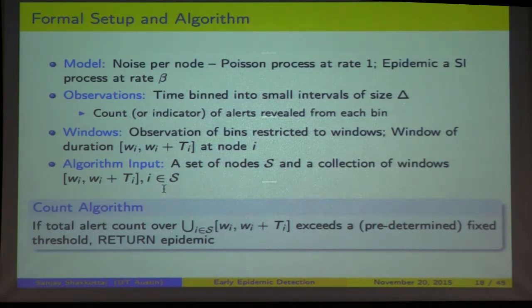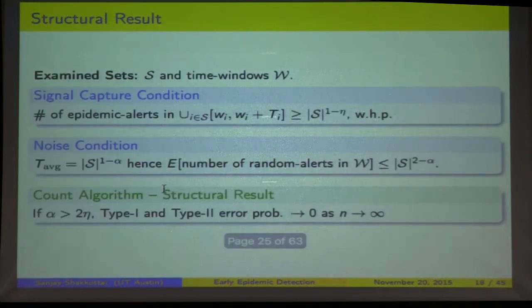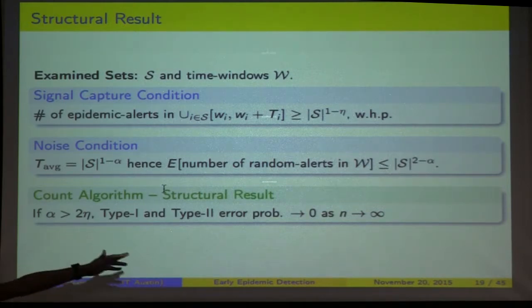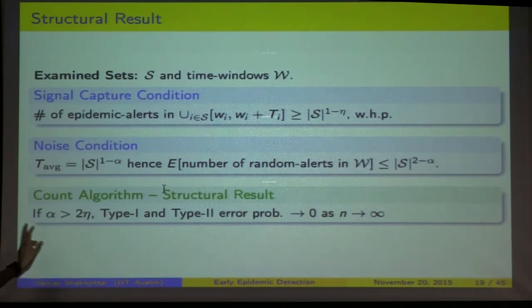But then don't you lose some power? Absolutely, you lose power. That's what you've been arguing. Let me tell you, I think this is what you're getting to. The algorithm basically, our result is that type 1 and type 2 error probabilities asymptotically go to 0 under